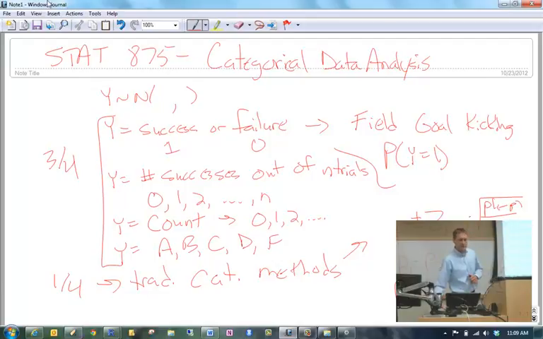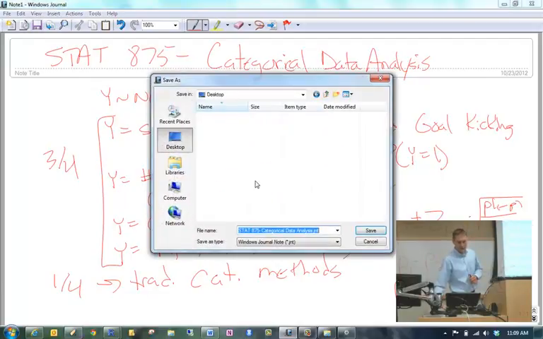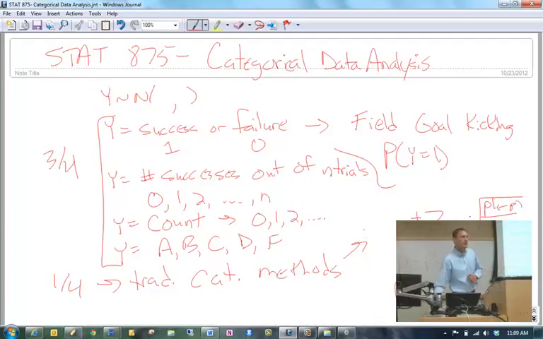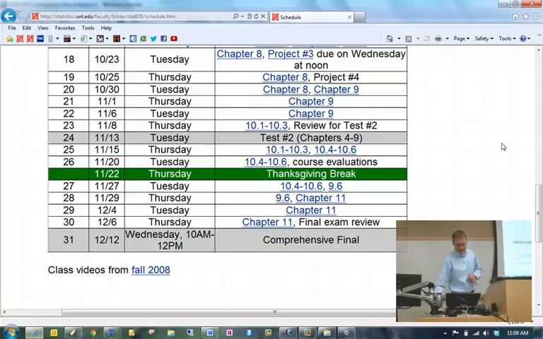You mentioned previously about the second test. Yes. Is it a solid date for the 13th, or exactly? It will be that week. So I am 95% confident that it will be that week. I'm just not sure which date it will be yet. A lot of it depends upon project number 4 and you having enough time to be able to complete it so that I can grade it and get it back to you. Any other questions?